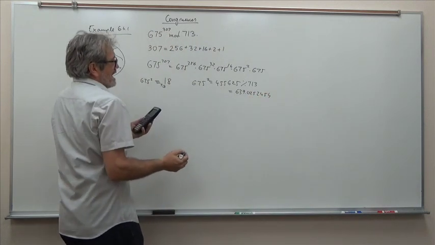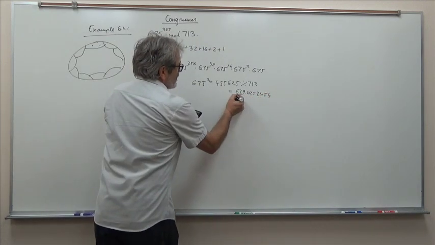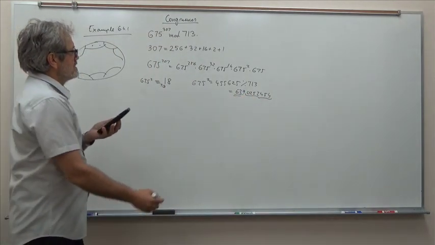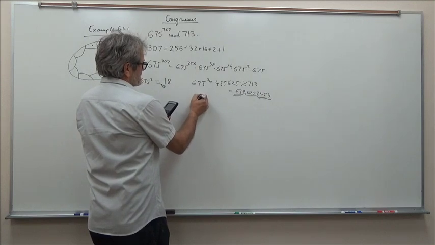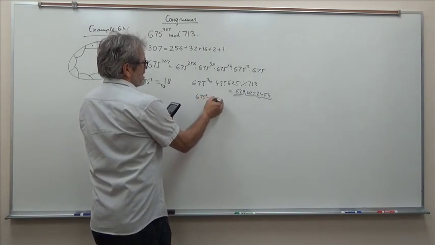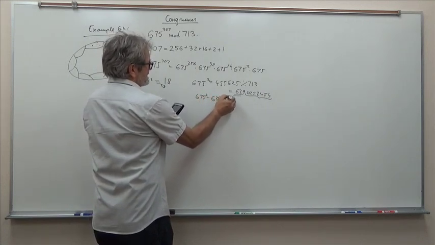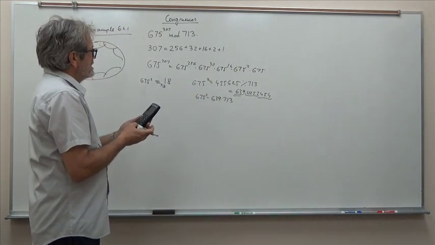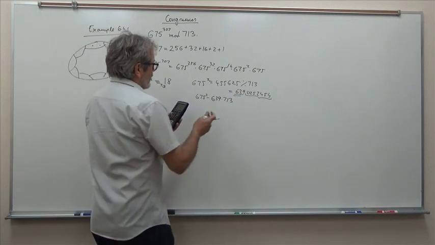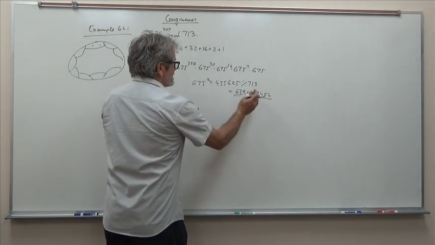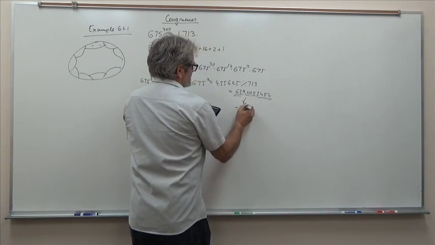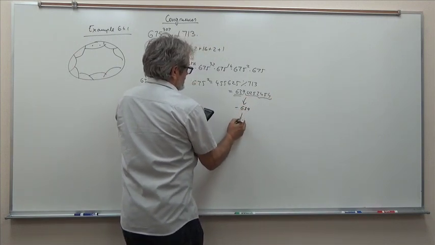But generally, this is the quotient, and this is the remainder, but in fractional form. So I'll do the following. I'll take 675 squared minus 639 times 713. Or, you know what I'll do? No. I will take this result from the calculator and subtract 639, and that will give me